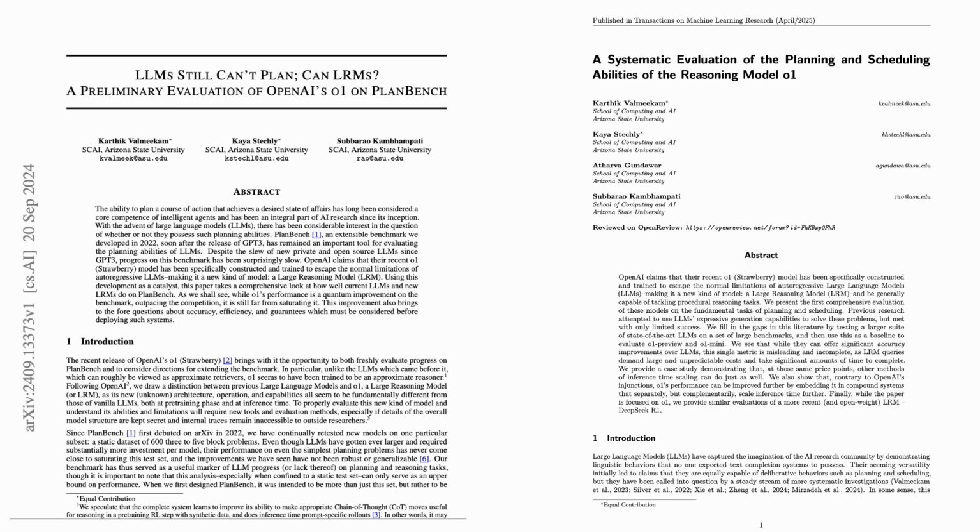The paper was titled "LLMs Still Can't Plan; Can LRMs?", and the word LRM was coined in that paper. We basically just made up that term, and the paper finally got peer reviewed and appeared in Transactions on Machine Learning Research. By the time this happened, DeepSeek had also come out, so we did the evaluation on DeepSeek too. So this paper contains both the O1 evaluation and the DeepSeek R1 evaluation. Okay, so what did we find?